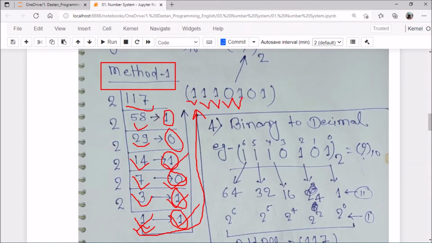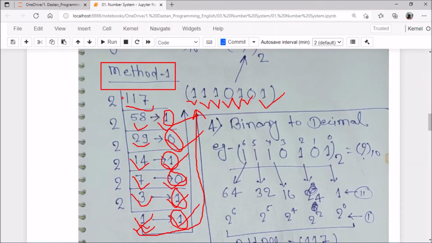So we can convert any number. It could be any number like 234, 789, 1150, any number. We have to divide until we get 1. This is the first method, and this is what we can call a very lengthy method.